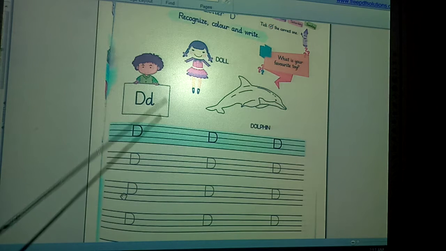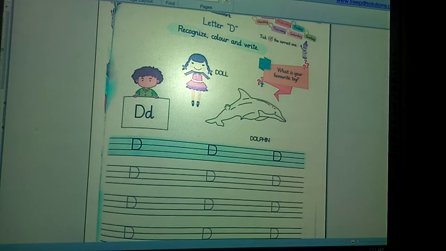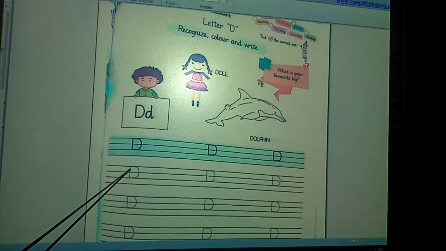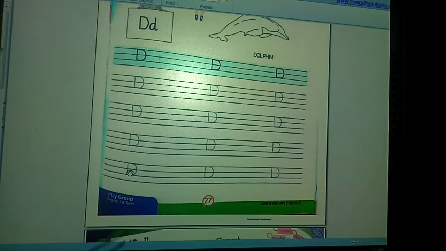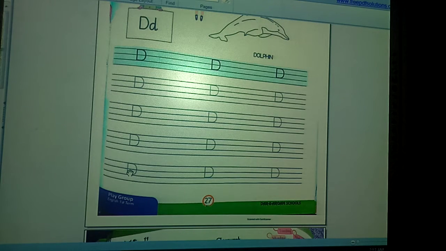And now we have to color the object relevant to letter D. So here you can see a dolphin and it is colorless, so we have to color it blue. And now our last segment is write. So we will move toward our writing pattern. And how we are going to write D? Firstly, we will draw a straight line and then we will draw a full curve to make it D. As we learned in our previous lecture, we will write D on the first 3 lines. Firstly, we will draw a straight line and then we will draw a full curve to make it D. So it will become letter D.